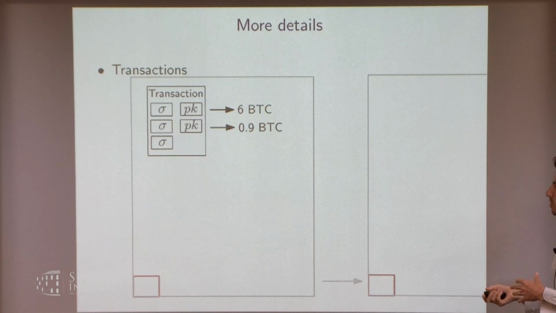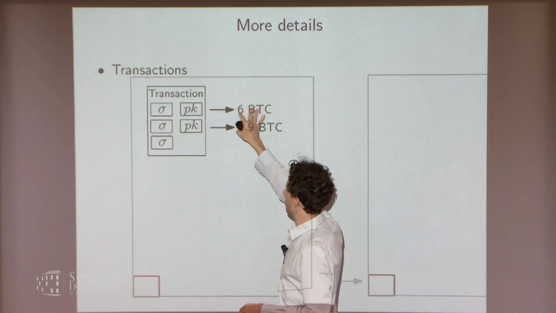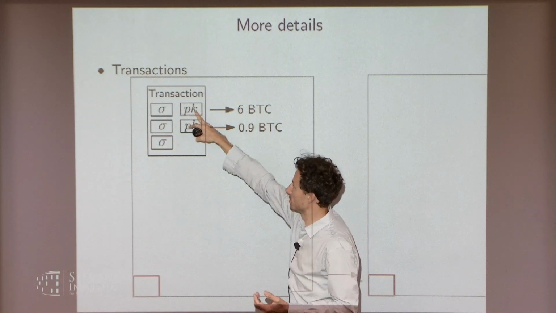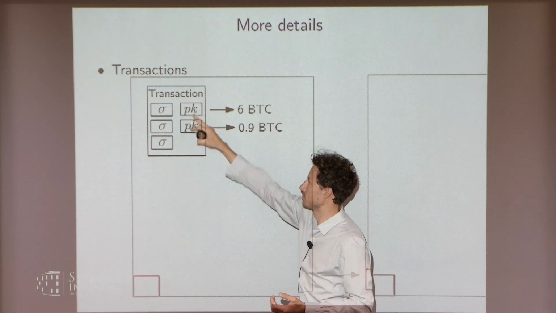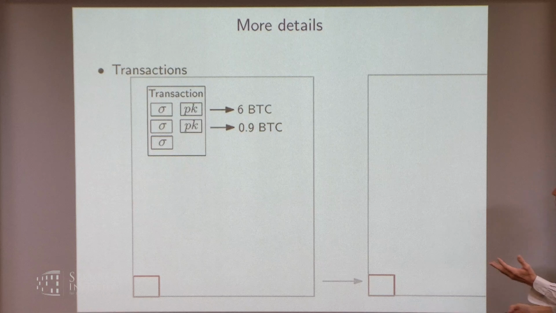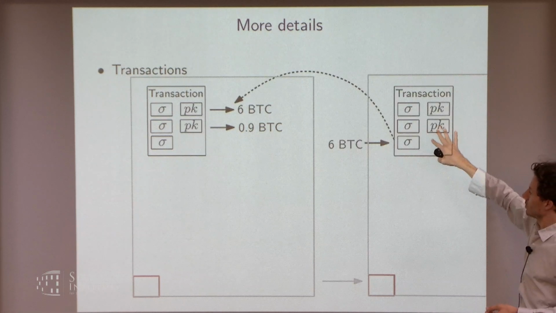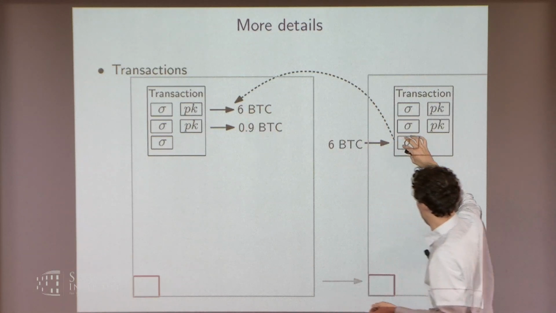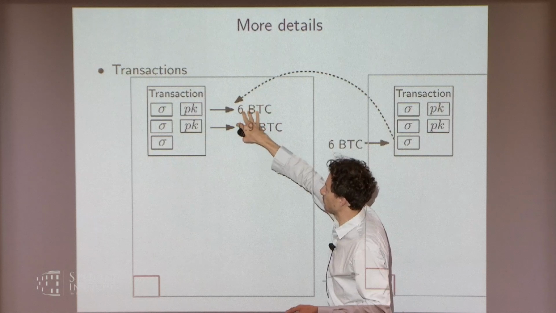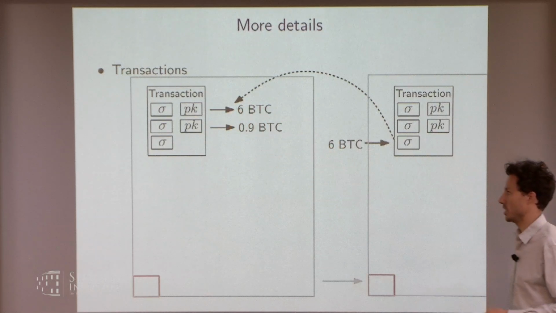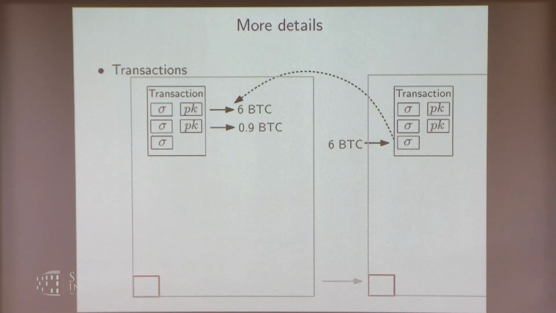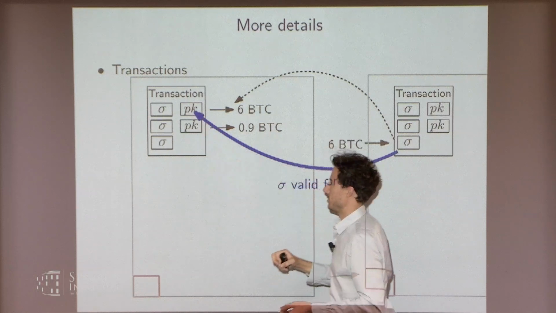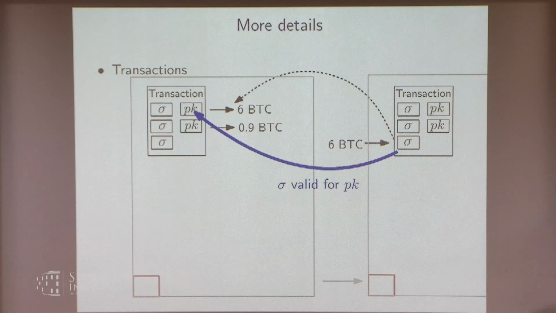Just to recap what I said before. Say Alice paid Bob, so Bob now owns these 6 Bitcoins. What does it mean for him to own them? To know the secret key that goes with the public key that's mentioned in this transaction. So Bob can create a new transaction and spend these 6 Bitcoins by basically referring to it. This input says, now I'm spending the output of this transaction that's already in the blockchain. Bob has to authenticate it, otherwise anyone could do that, by giving a signature that's valid under his public key. Okay, so that's the standard type of transaction.